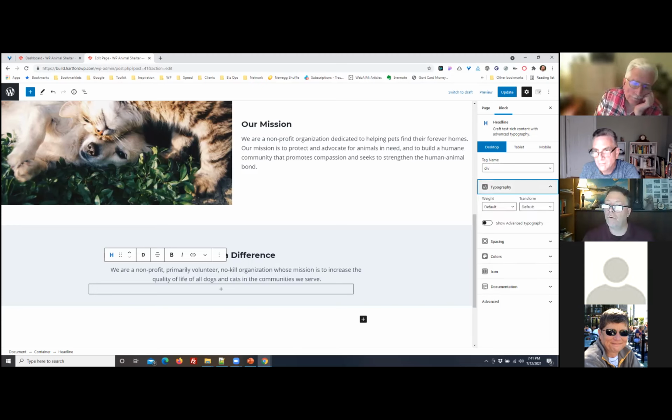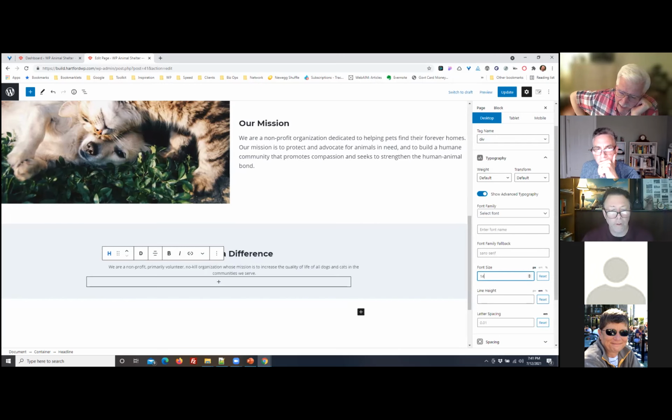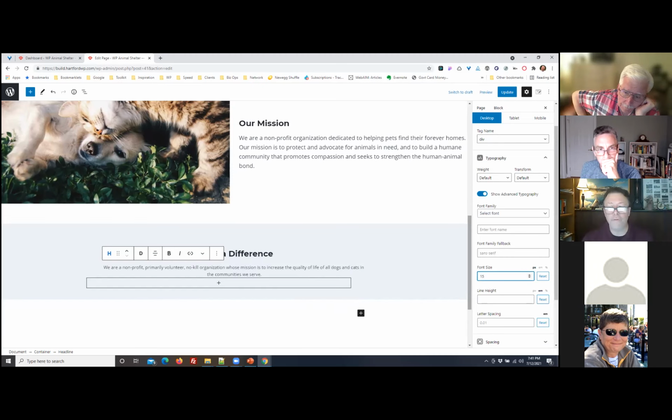Now what I can do is, if I go under the details for that block, so I'm now in, again, the headline block, my second headline block, if I go to advanced typography, I could change all of this. I don't really want to change all. Maybe I just want to make this a smaller size. I don't know, 14, 15, a 15 pixel size font. So now I've got that text underneath. If we preview this,